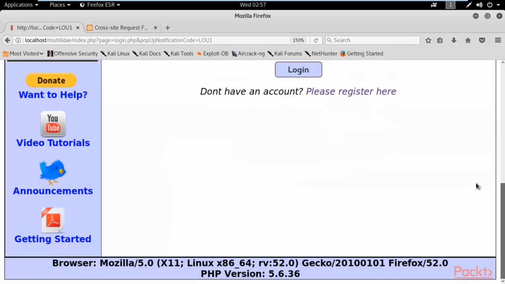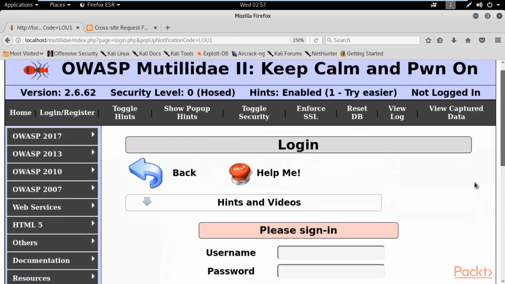That was a great example of a CSRF attack, how you can perform it and how you can force someone to log out from a particular account. These are the two examples that I have provided regarding the cross-site request forgery attack.